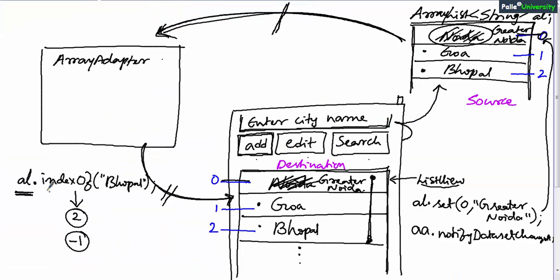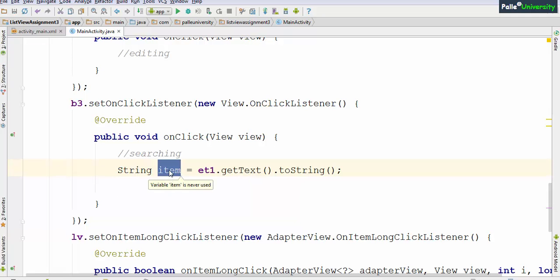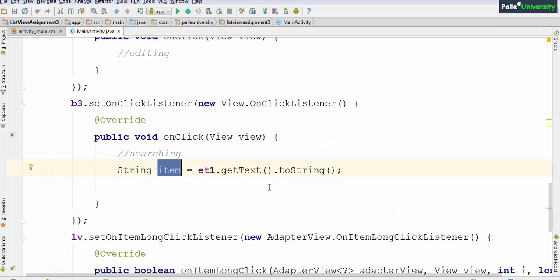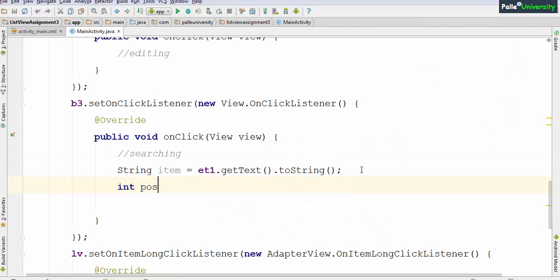As I told you already, for searching we should use index of method. In place of Bhopal, we don't know which city user wants to search. That city user will enter here. Same city we are reading into item. So in place of Bhopal, we will pass item into position equal to array list dot index of item.